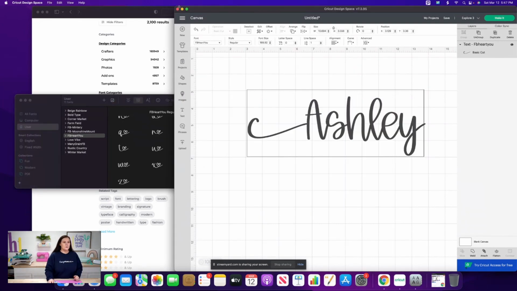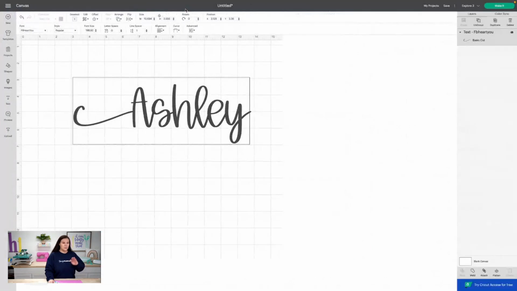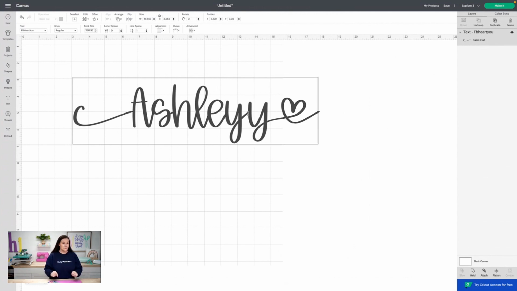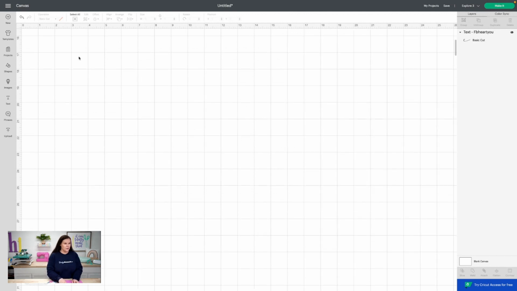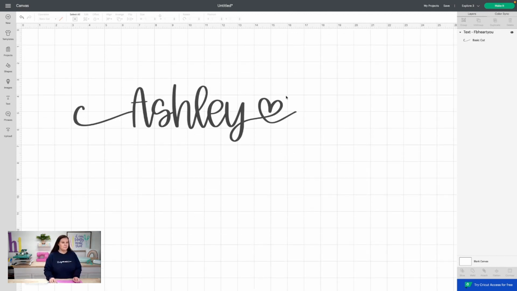So now what we can do is go back over here to Cricut Design Space. We're going to go back and forth just a little bit. And now I'm going to hit Command V. The letter V is going to release it. So if I hit Command V, you can see that Y. What I'm going to do is go back and delete this Y, so we only have one. As you guys can see, Cricut Design Space decided to do something a little bit weird here. So hopefully if I hit enter, it'll clear itself. There we go. All right.